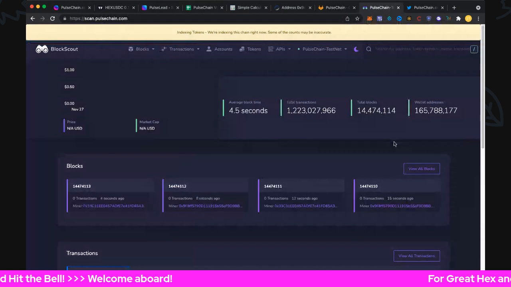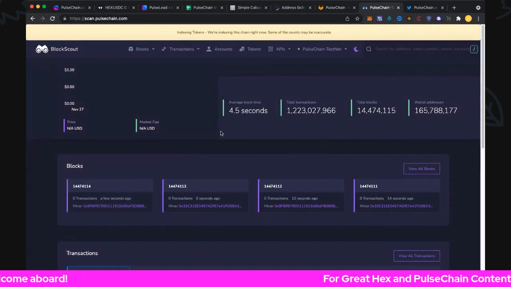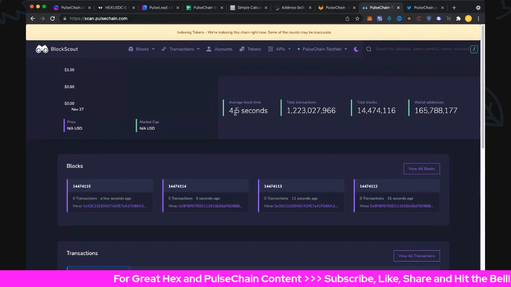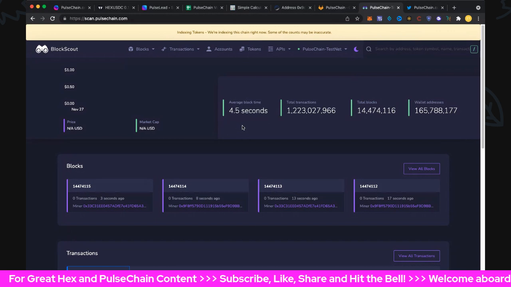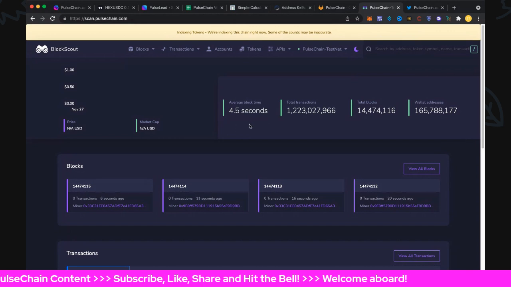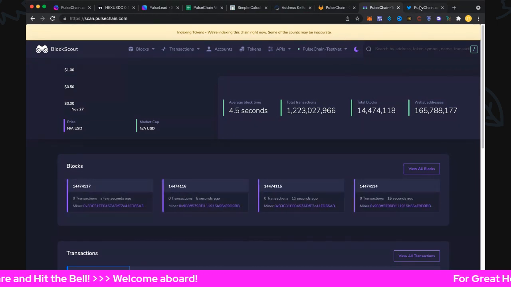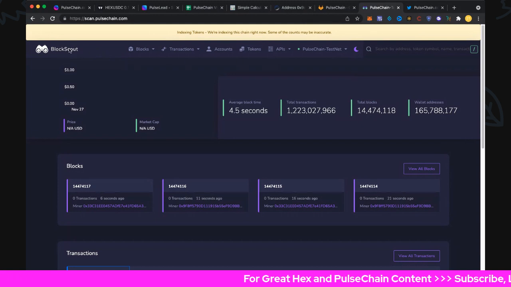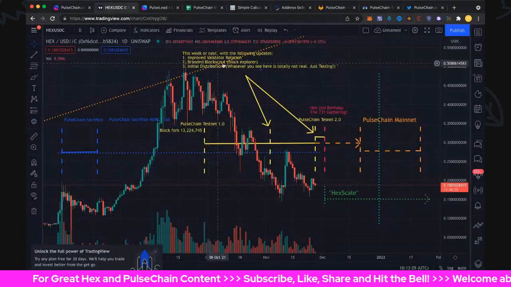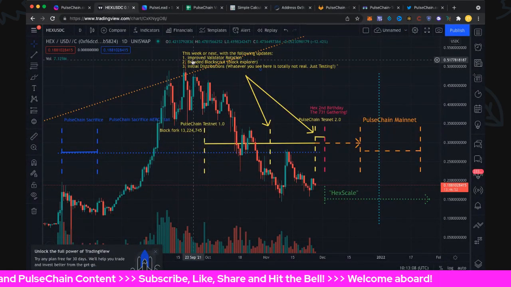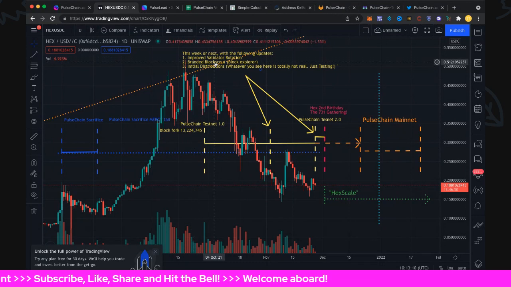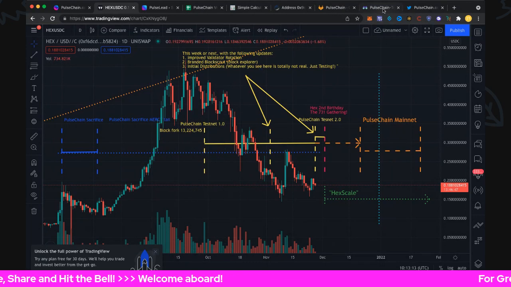The testnet 0.1.0 still continued to tick over, second after second, hour after hour, day after day, and you can see a 4.5 second average block time at the moment on it, but of course that will be about 3 seconds when it's operational at full scale, so pretty cool. All right, so nice on that. When it does go live, we're going to look forward to a branded PulseChain Blockscout as well. That was one of the benefits there. A branded Blockscout, so we'll look forward to that when it does go live. Sorry, for PulseChain Testnet 2.0, and that's pretty much that.